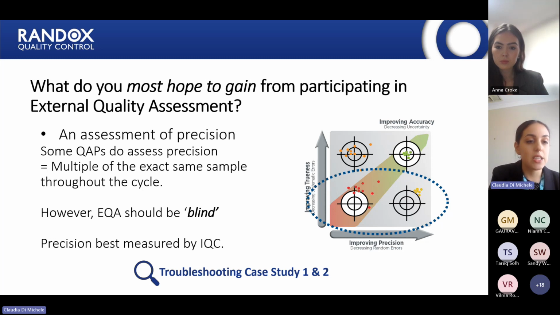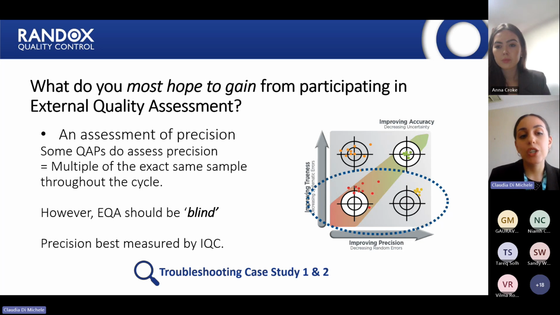So firstly, if you answered an assessment of precision, maybe you might be used to QAPs that do directly assess precision. Some QAPs we know assess precision by offering multiple of the exact same sample throughout the cycle. However, that might be a tricky one because